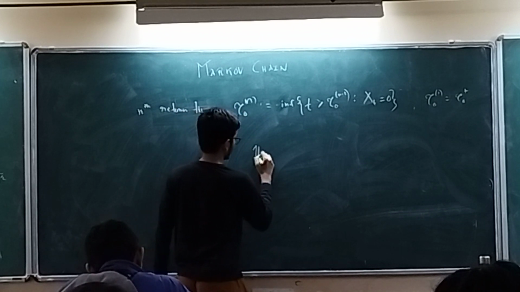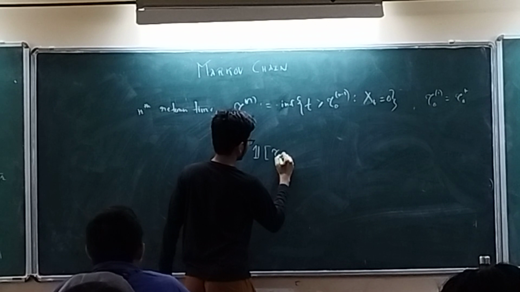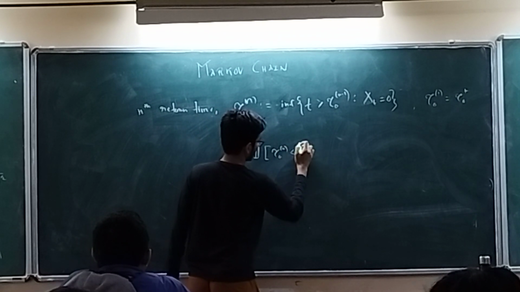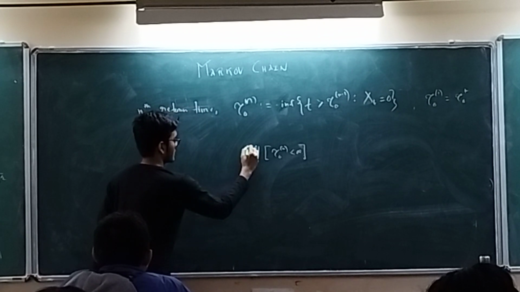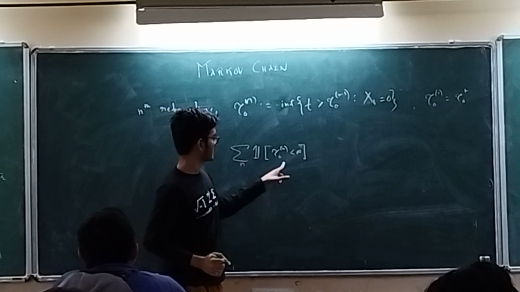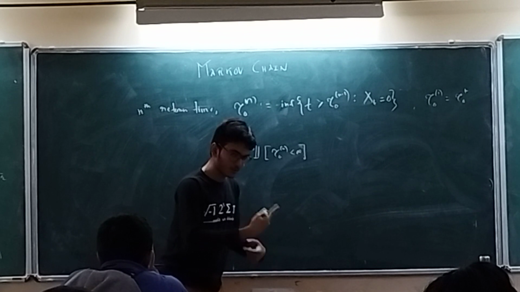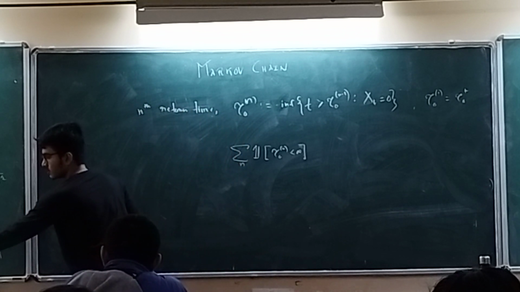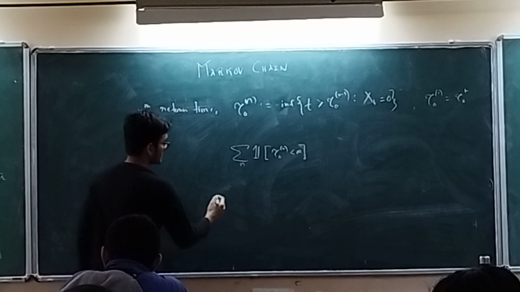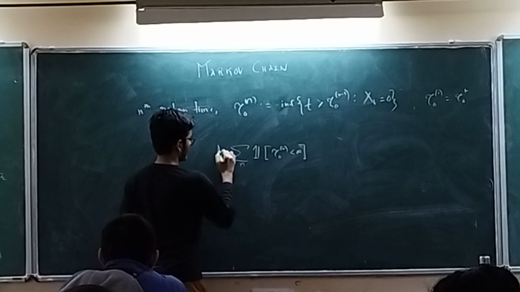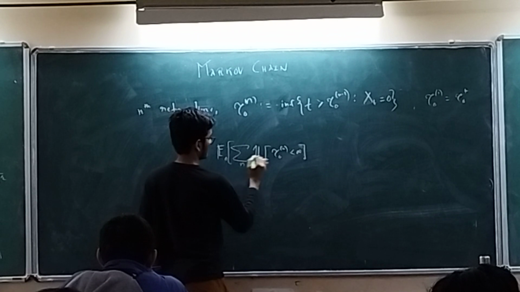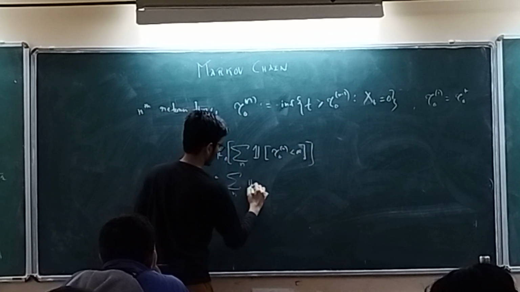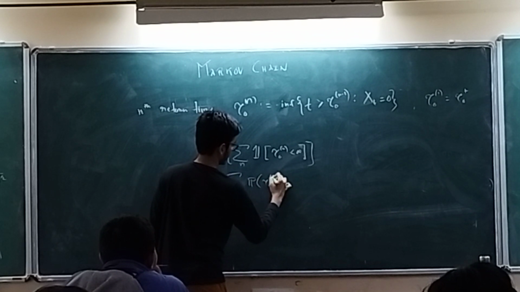And what will be the count? It will be just the summation over n. What is this thing basically counting? Counting the number of returns to 0 in finite time. And this is what we have counted here in finite time. And again, this is random. I take the expectation of this. What is this? This is the summation over n. It will be 0.